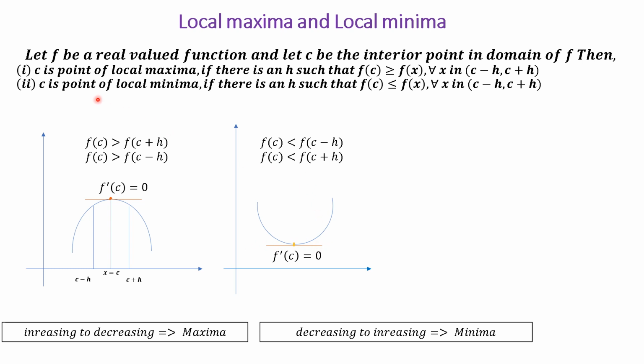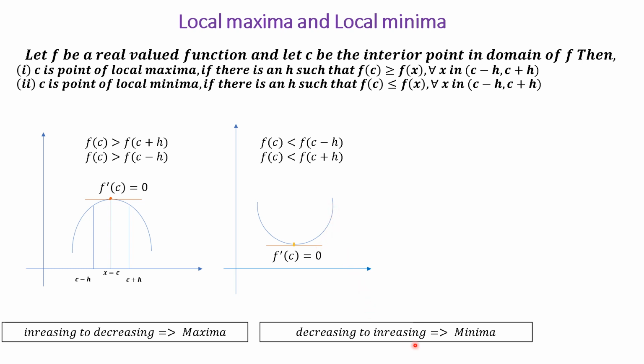C is the point of local minima if there is h such that f of c is less than or equal to f of x for all x in this interval. Graph would be something like this. First the graph would be decreasing, then it is getting to the turning point, and then it is increasing. So decreasing to increasing